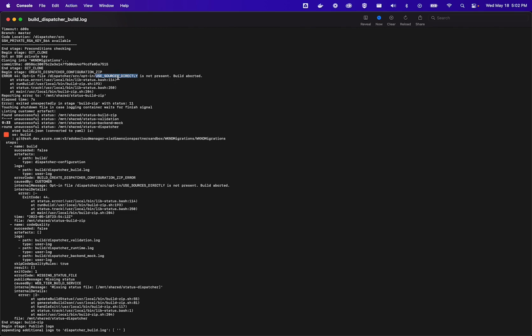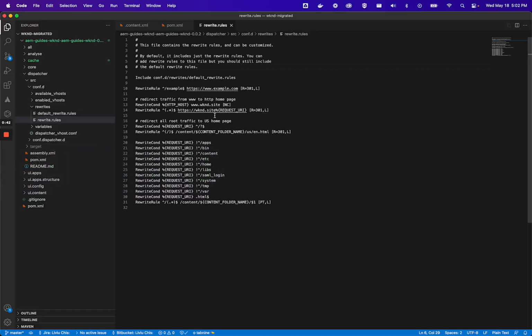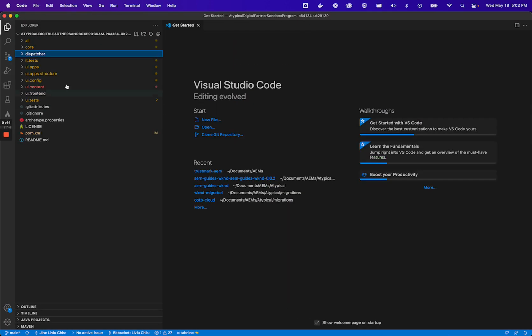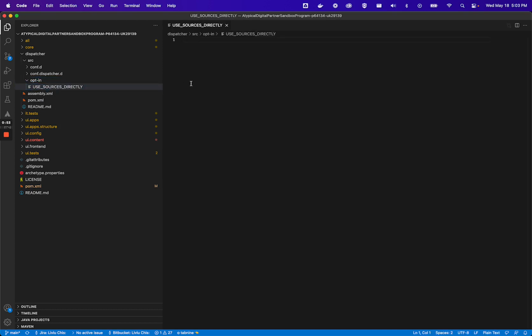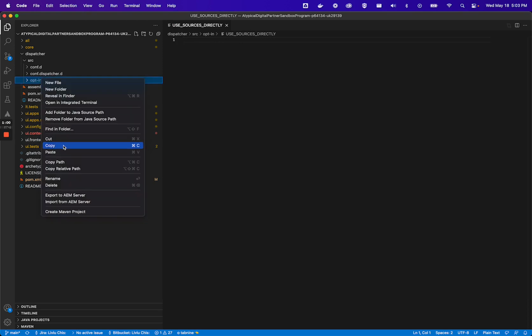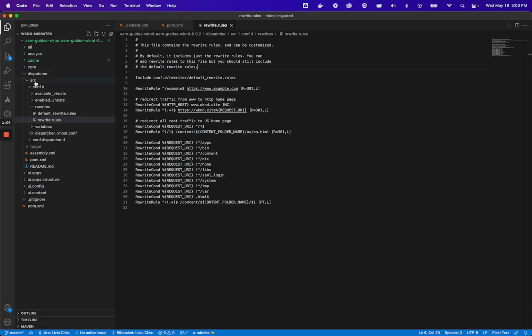So this file just needs to be present. It doesn't need to have anything in particular, but it does need to be present so that we know that we can work with a more lenient set of rules. So I do have another project here that we can copy that file from. This is the structure that it's expected to be. We need an opt-in folder and a USE_SOURCES_DIRECTLY file, which, as you can see, is empty. So I'm just going to copy this over. Oops, not meant to cut it. Meant to copy it, and we're going to paste it in our project here under